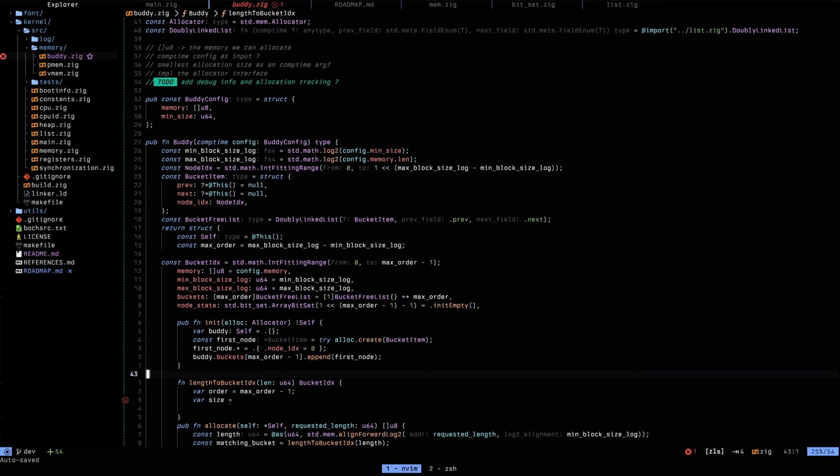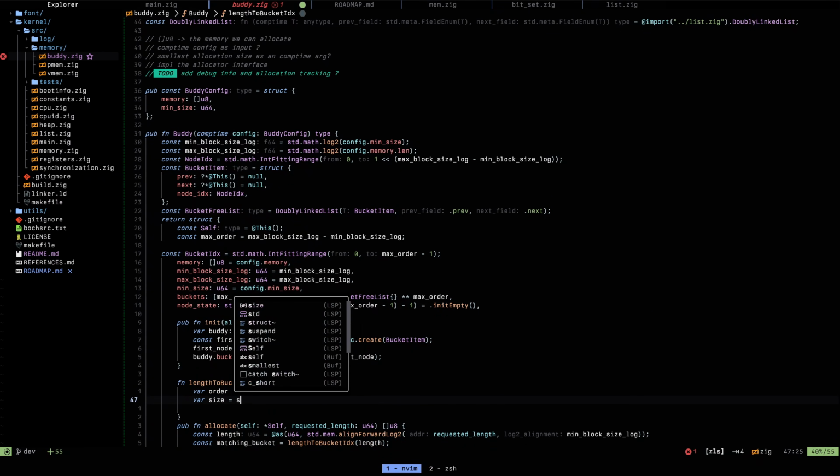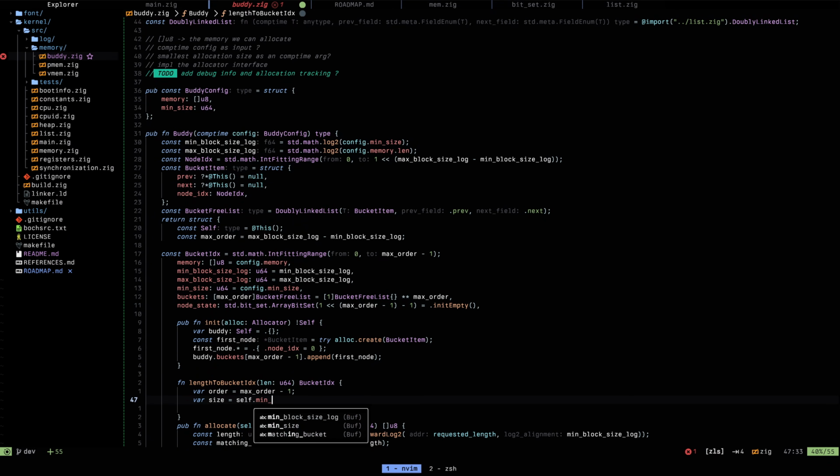So it would be, I guess we don't have that. So min size is u64, which is config dot min size. Right, so self dot min size, and I guess this one here takes self as a const pointer,